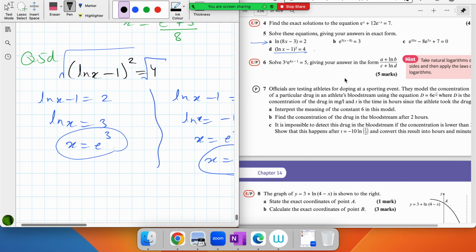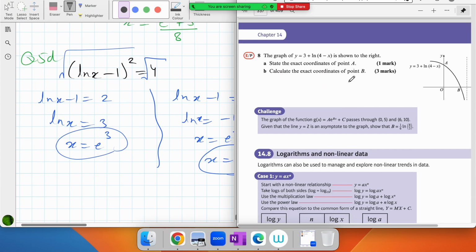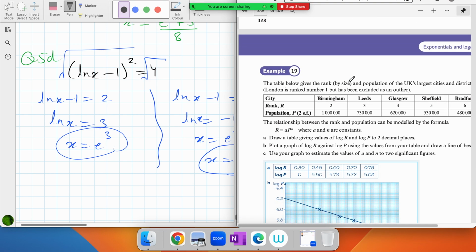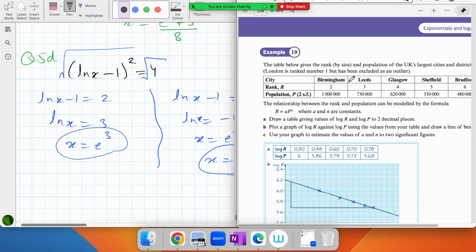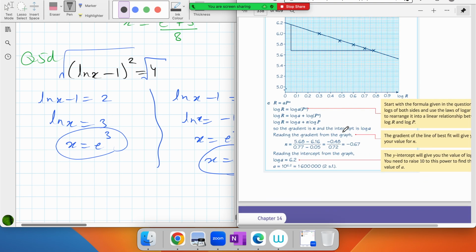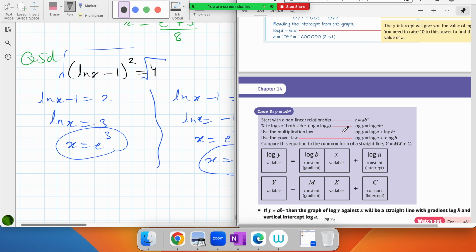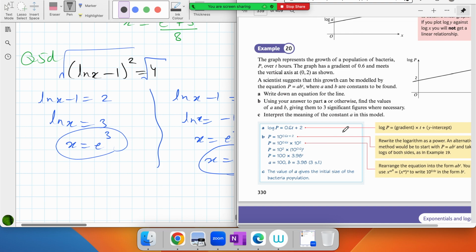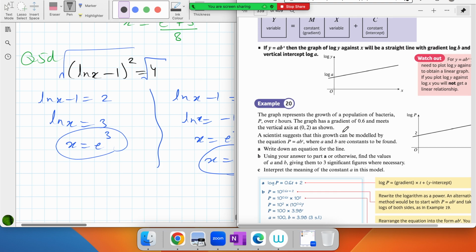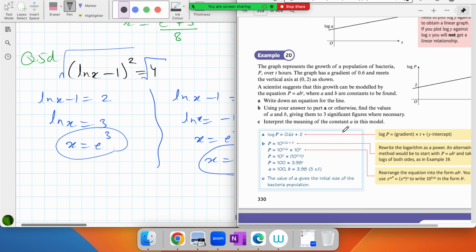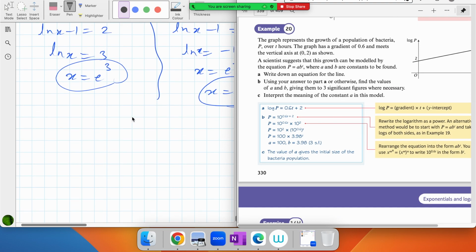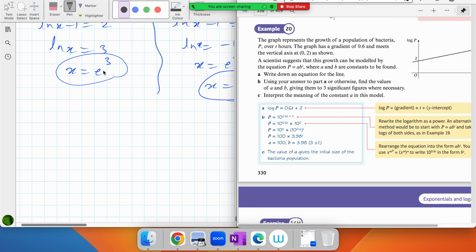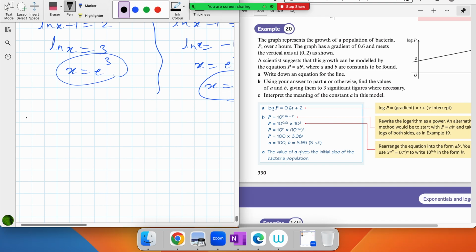Getting it? Okay, now we have this sketching part, linear. We also know this exercise as linear law in additional mathematics. So let me just pick up the equation. If you see this equation, in example 20, the equation is